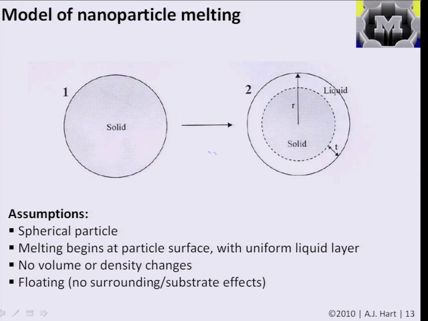Okay. So now we're going to call the solid state 1, and we're going to call the molten state, or this semi-imaginary state where we have this little layer of liquid around, state number 2. And so using the definition of small r as the radius of the particle and T as the thickness of the liquid layer, let's get started. So the first thing we're going to do is calculate the free energy change that happens to the particle as melting occurs. So we're going to use